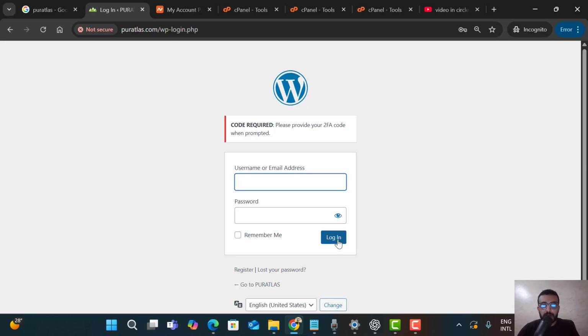And now I will show you how you can enter and disable the plugin, or how you can log in without needing to enter any password or username, especially if you forgot your username, or if you get kicked out because of a broken plugin, as you can see. So,